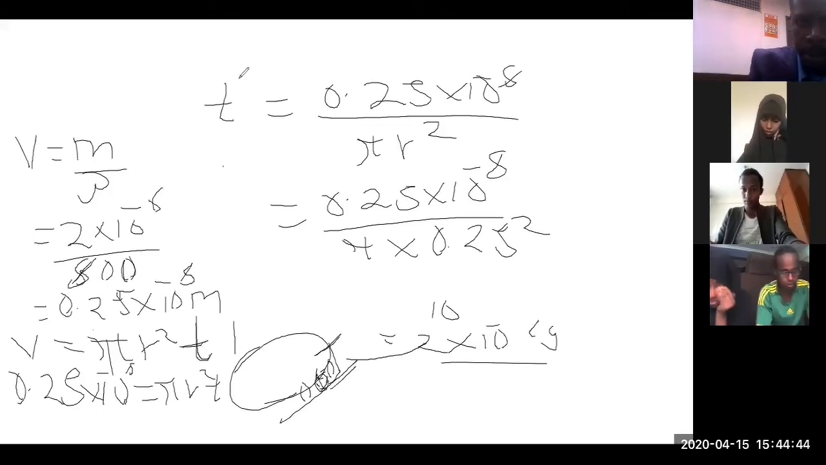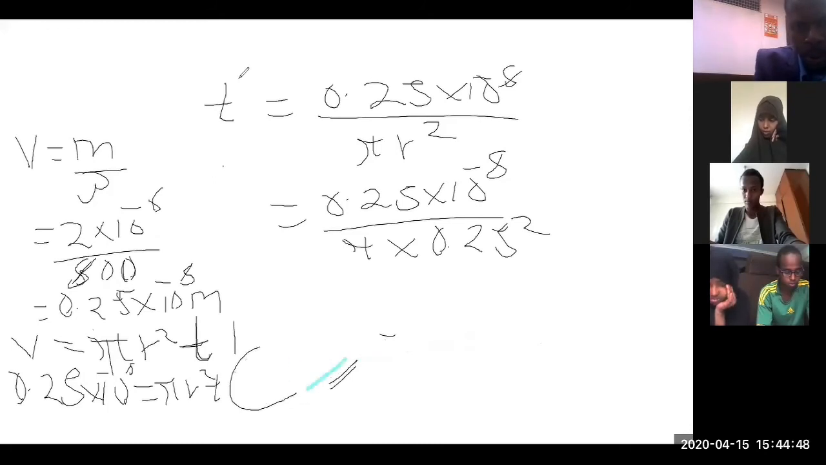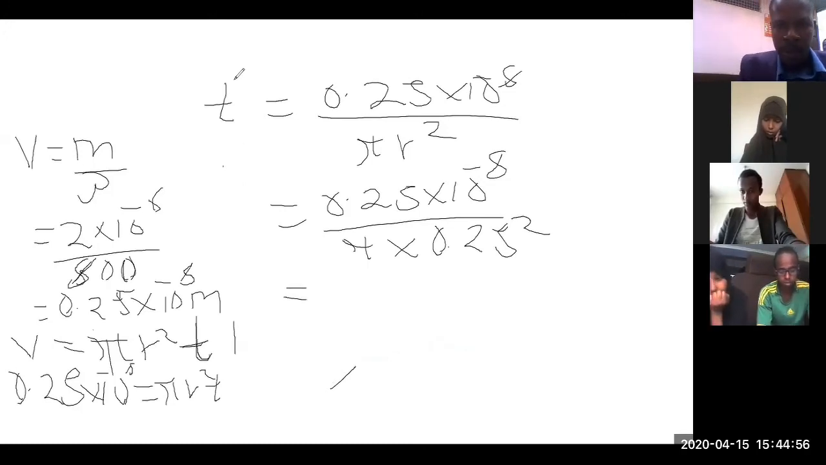From there, we are going to have, that is 0.25